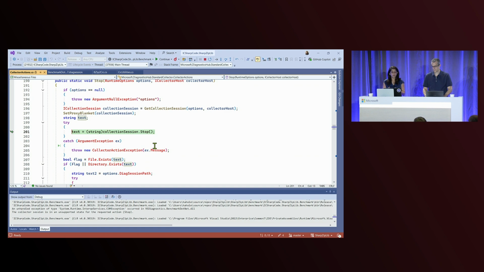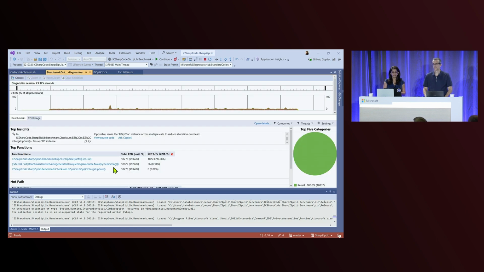So after the benchmark runs, what we normally get is this CPU usage tool summary page. This automatically happens, which didn't happen right now. And then you see an Ask Copilot button here. Again, I already have this. When you click that Ask Copilot button, it brings up insights related to your code, which are issues in your code, and Copilot analyzes those issues and provides some suggestions related to that.